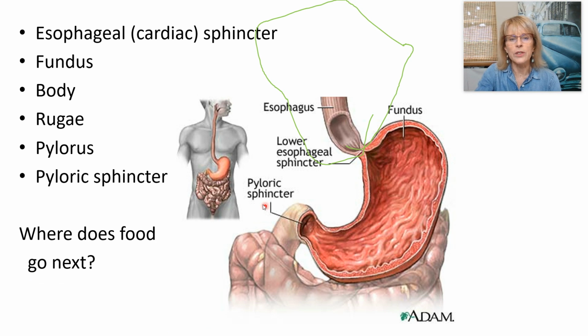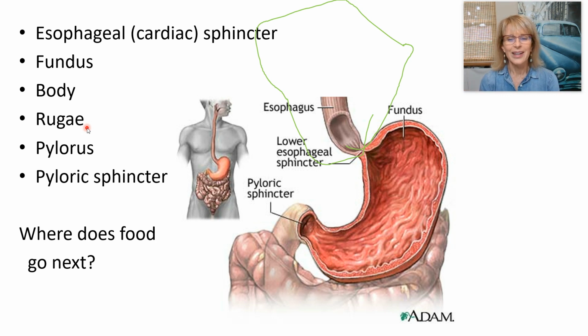The exit door of the stomach is called the pyloric sphincter. I don't think there's another name for pyloric sphincter. These ridges that are in the stomach, all of these wormy looking ridges, are known as rugae. The rugae, those ridges, allow your stomach to expand without tearing when you've got a really huge meal, maybe like